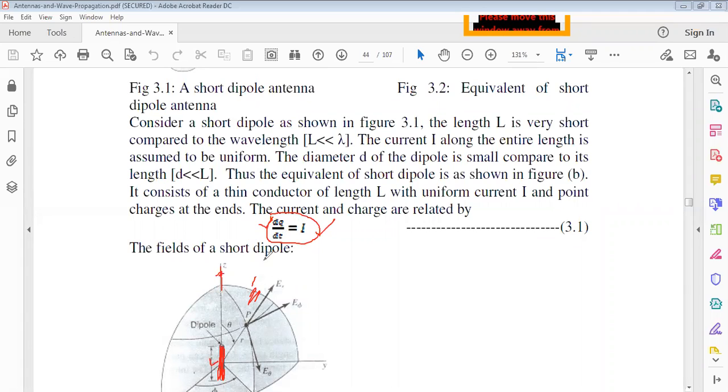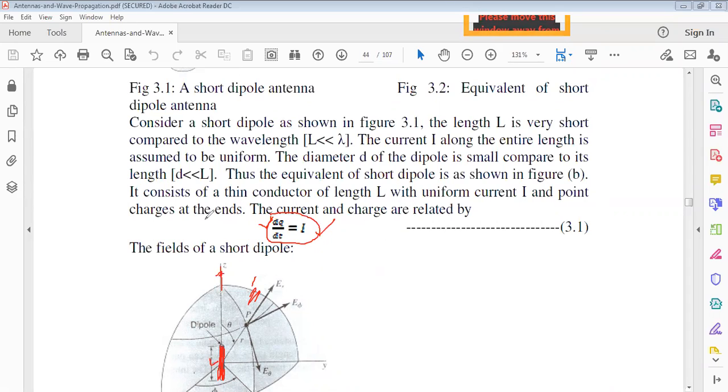dq by dt, the rate of change of charge, is nothing but the current I. dq by dt equals I. Remember here, dq equals I into dt. That expression is used especially in electromagnetic field theory and antennas. We frequently use that relation, dq equals I into dt, and q equals the integral of it. Everything is from Ohm's law. We keep using Ohm's law. Of course this is not Ohm's law, but the rate of change of charge is dq by dt.